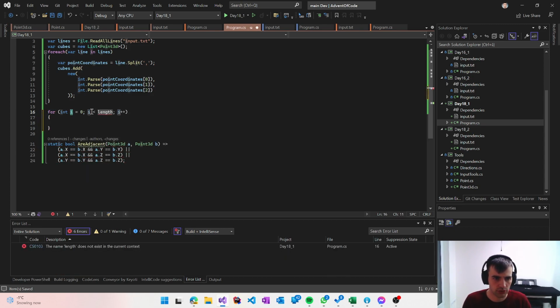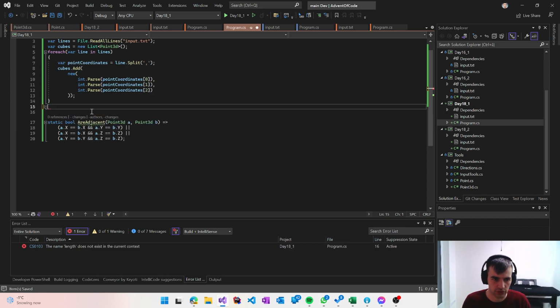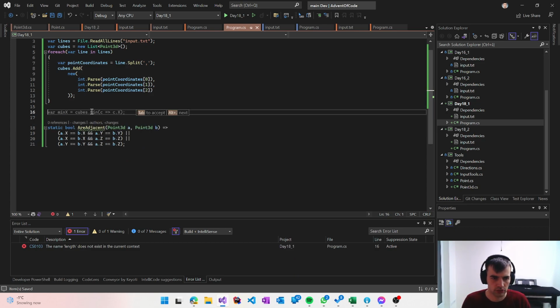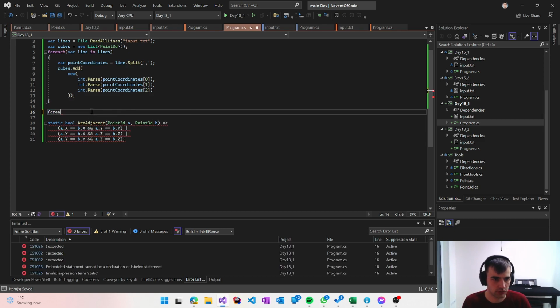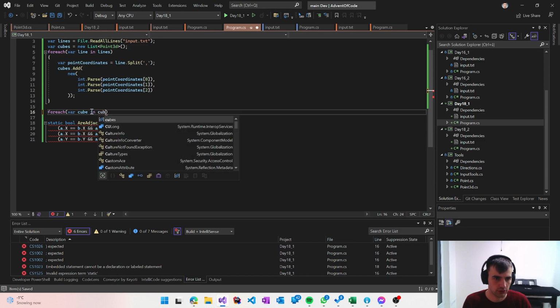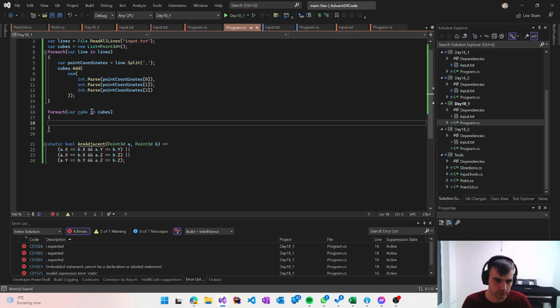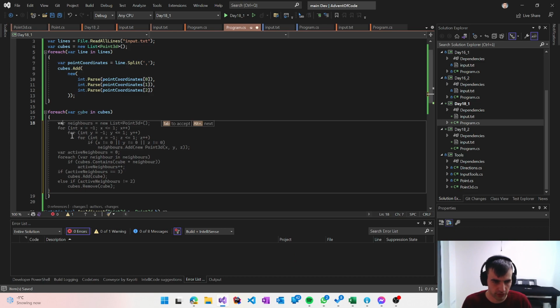So for each cube, determine how many are adjacent to it one by one. Okay, so for each cube in cubes, we will count the